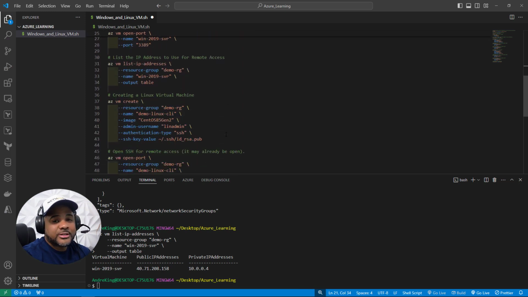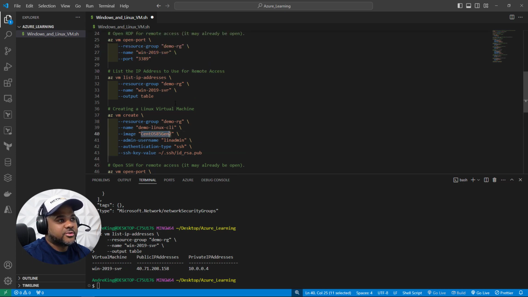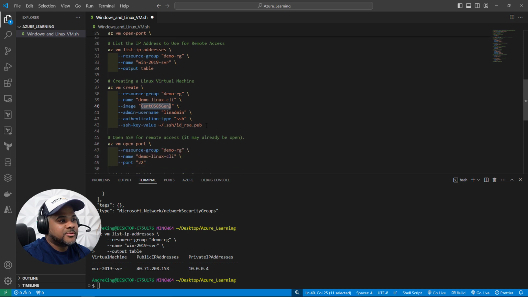And really, let's now go ahead and do the same thing to launch a Linux. So we kind of outlined the image name that we're going to use. We don't need to create a user group. We're going to use the same one. So let's go ahead, and then the authentication type, we're going to actually use our key pair, public private key pair. And most folks, you may need to generate an SSH key, but this is the default location on a Windows box. So let's see, actually need to change. Now demo Linux, okay, the name is there. All right, one step at a time.